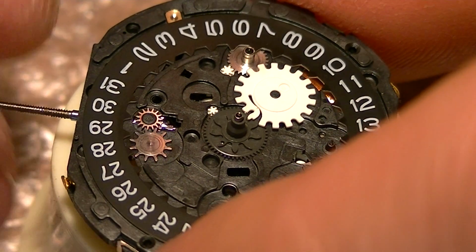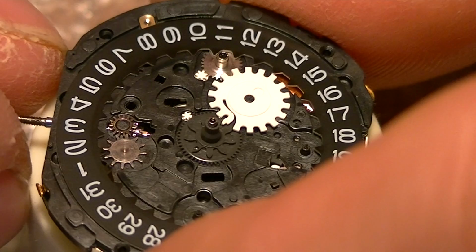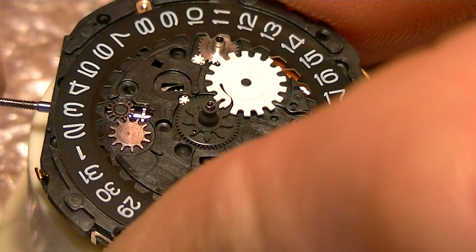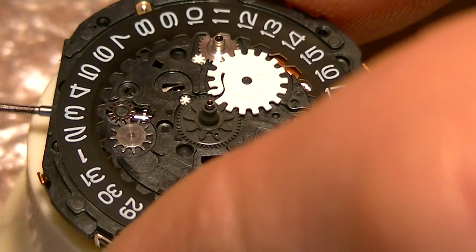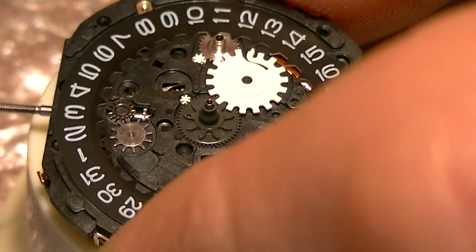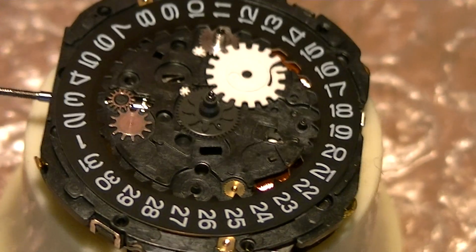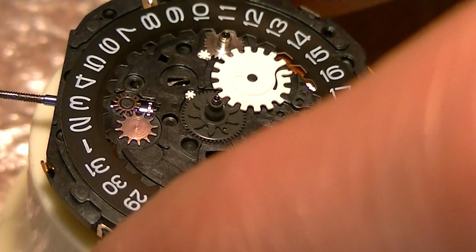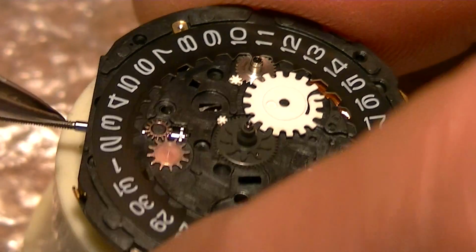And this is one, okay. So what happens is, I'll show you what happens when you break this movement. You turn your date wheel and you go backwards. Let's go backwards. Okay, right about that. The thing is that aligning properly the date wheel to the stem like this, so that the date is 3,